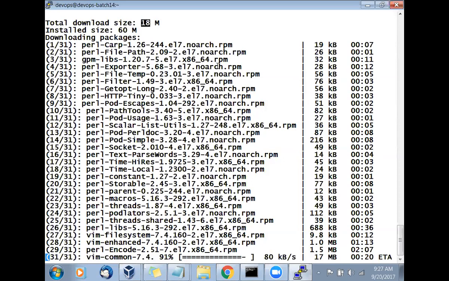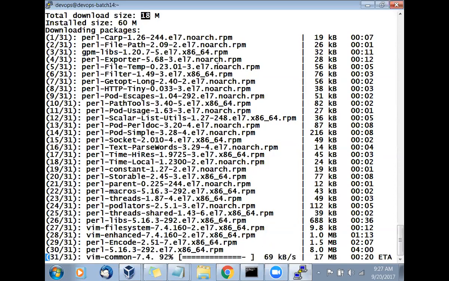Today our network position is very horrible, so we have to go at a snail's speed, bit by bit. Okay, now it is not flipping. One package is done, 30th is done. Now it is going with 31. Okay, so 14, 13, 9, 8, 7, 6, 5, 4, 3, 2, 1. We are expecting that we should get that package.